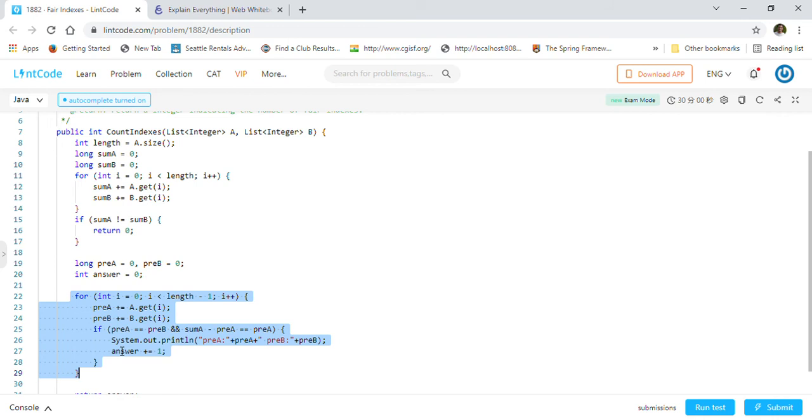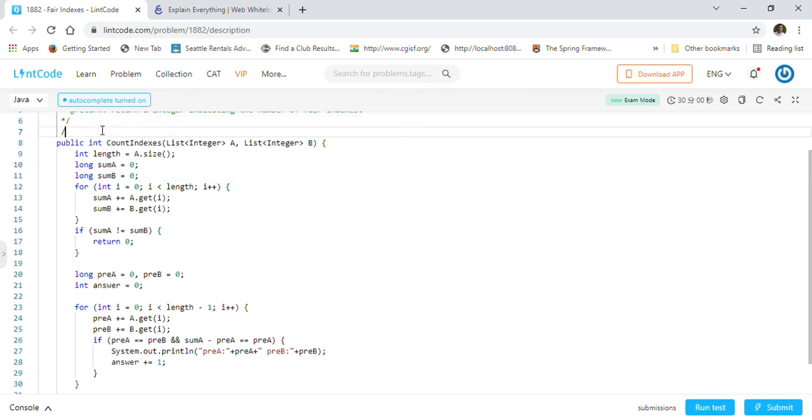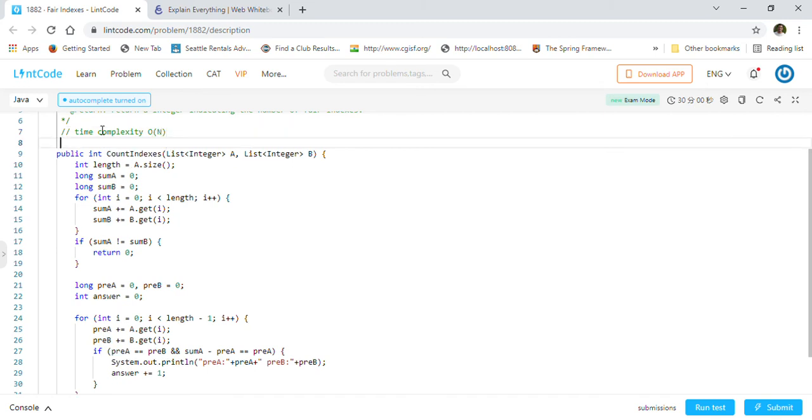And space complexity is, as you can see, we just have some variables, no special data structures we have used. So I'll just write down here, time complexity is order of n, and space complexity for this solution is equal to order of 1, because we are not using any special data structures, we are just using a couple of variables here, right?